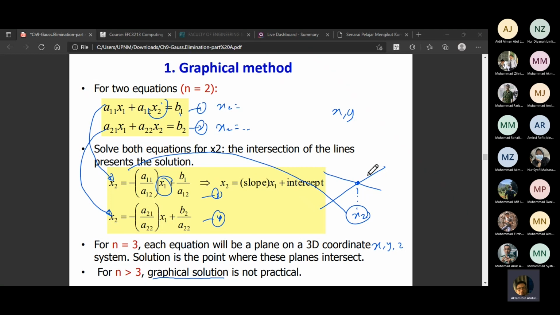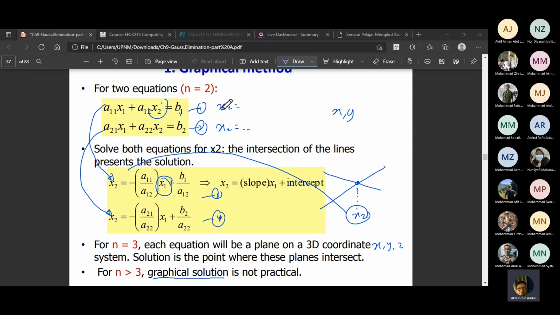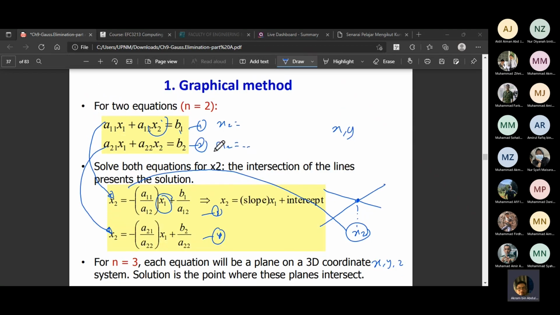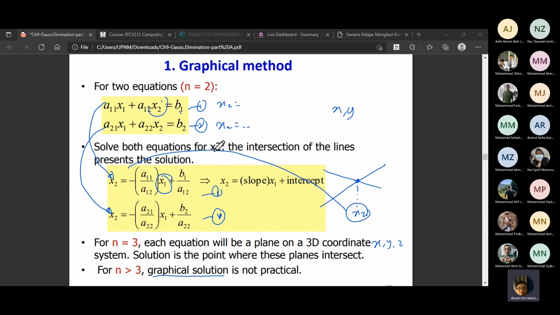Okay, sorry, ada point kejap balik. Okay, so kita ada 2 equations. Okay, so how can we solve by using graphical method? Okay, so first we need to solve both equations for x2. So kita kena rearrange this equation. So kita akan dapat equation bentuk x2 equal something. So if we solve both of these equations, kita akan dapat